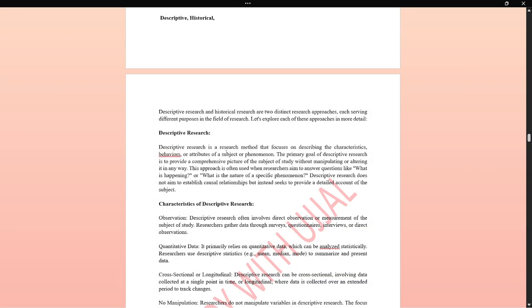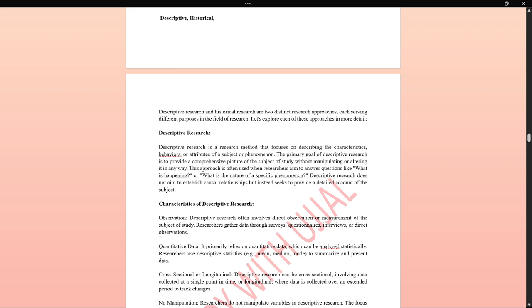Descriptive research is a research method that focuses on describing the characteristics. As I shared in the earlier discussion, it is about describing things. It may be things, behavior, attributes, or phenomena.